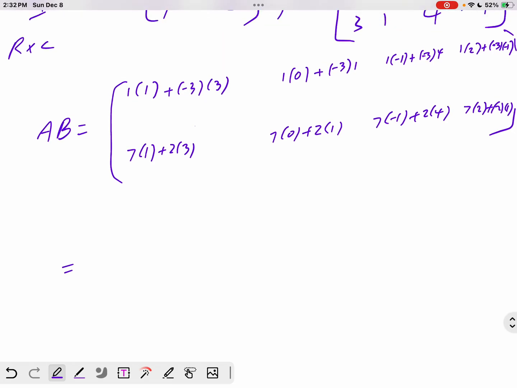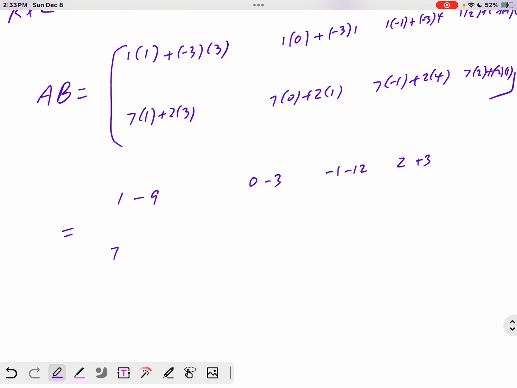So 1, let's make an extra step. Here's 1 times 1 is 1 minus 9. 1 times 0 is 0 minus 3. 1 times 1, negative 1 minus 12. 2 minus 2 plus 3. This is 7 plus 6. 0 plus 2. Negative 7 plus 8. And last one is 14